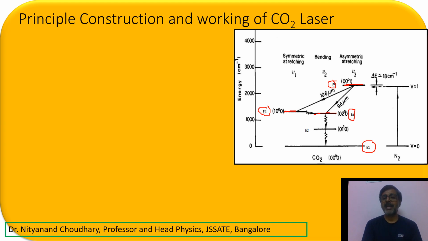And this is one of the energy states which is very, very close to your ground energy state, where effectively there are no atoms. E2 is completely vacant, you don't have any atoms. So if you are going to excite, the atoms are available in your E3 mode, E4 mode, and E5 mode. There you have 3 energy states where the atoms get distributed if we give energy to the carbon dioxide molecule. How are we going to give energy to the molecule? Naturally, by pumping.